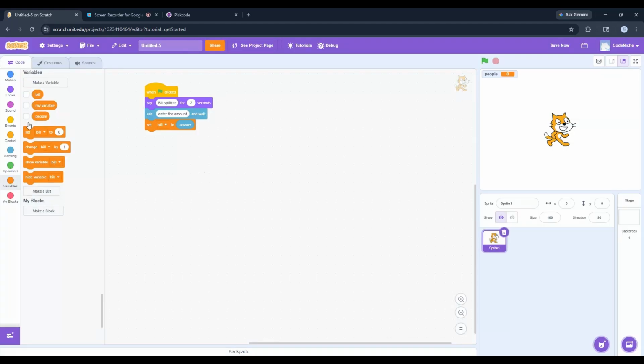Now in order to do this, I'm simply going to replicate these two blocks, saying number of people, and then we are going to assign it to the people variable. Make sure the variable names are accurate, otherwise if you use the same variable name for two different answers, the value will get updated. We don't want that.